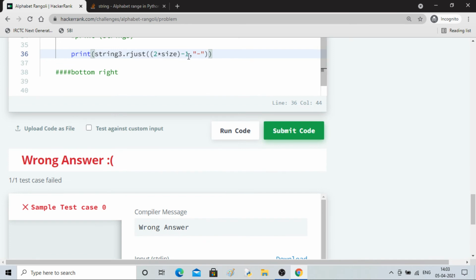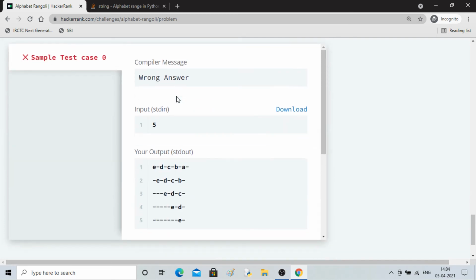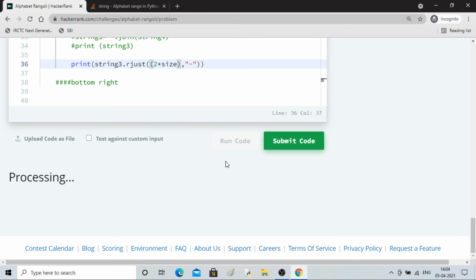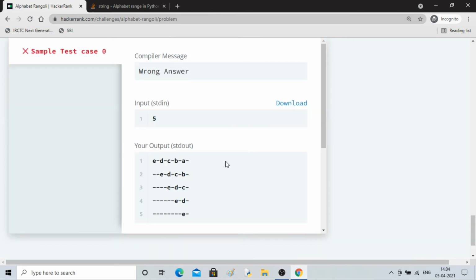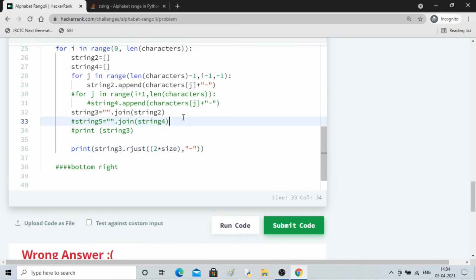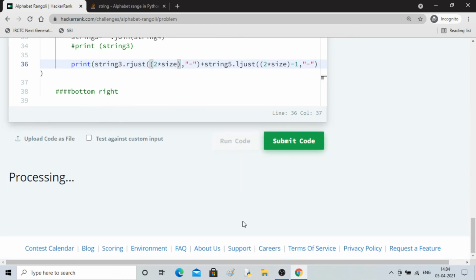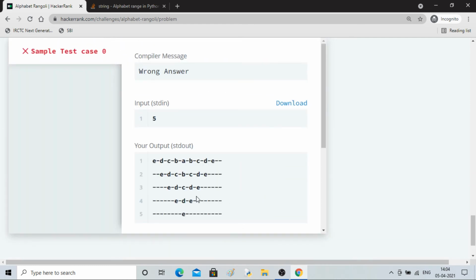So this size is correct, right? I mean 1 2 3 4 5 6 7 8 9. Let me do 10 only. Will it work? Yeah, now it is arranged. So size was incorrect. Okay, so I'll bring back the code and I'll change the size here. Size will be 2 into, and let's see. So this is fine now.